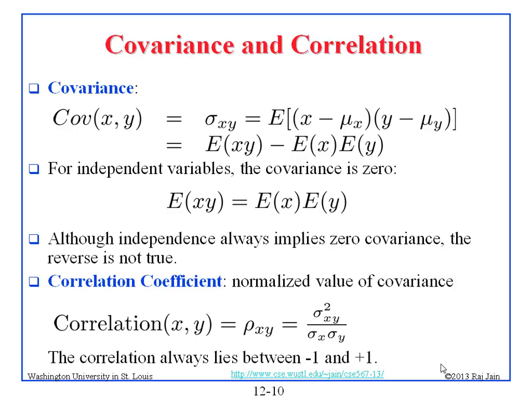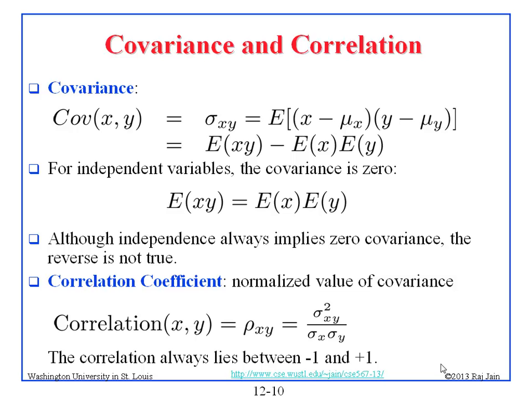Anyway, for independent variables, if the variables x and y are independent, then the covariance will be 0. The expected value of x times y will be exactly equal to expected value of x times expected value of y. There is no relationship. Okay, so this will be equal, that means this will be 0